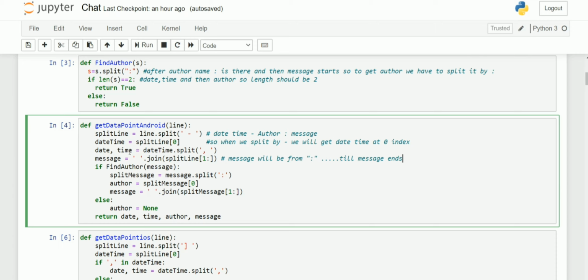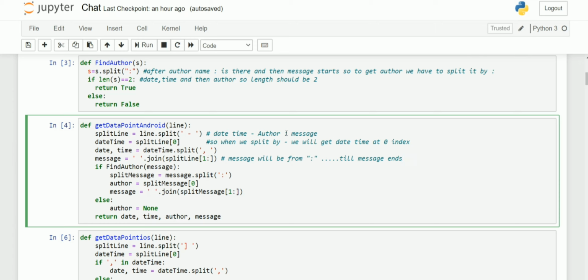Date and time are separated by date time dot split comma, because in between date and time a comma will be there. So to separate this date and time value, we have used the split function by this comma. In the message variable, we have stored split line with a slicing operation, which starts from 1 and goes till the message ends.